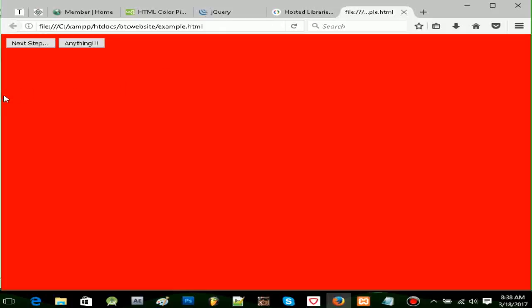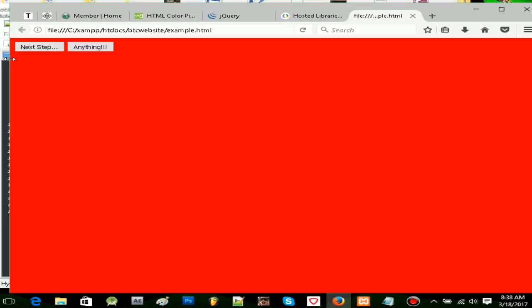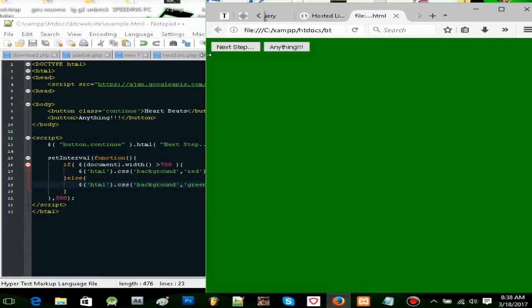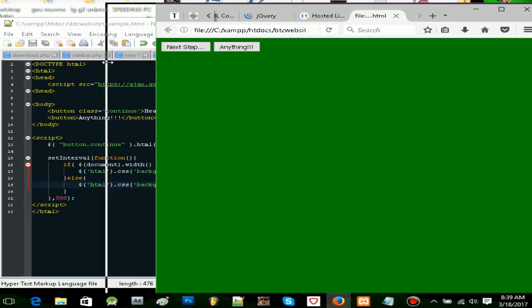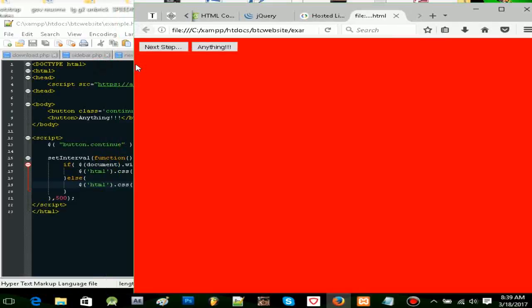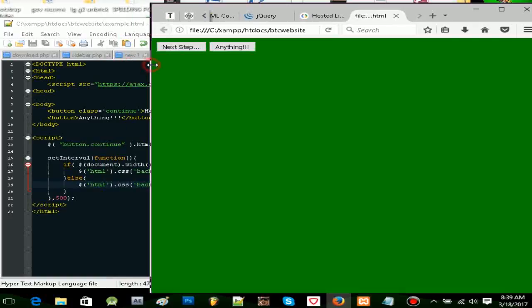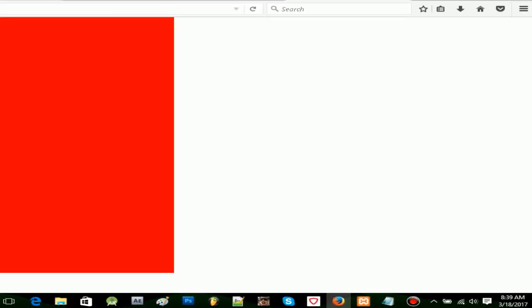So right now it's red, and if I make it much smaller, you can turn it to green. So let's see the breaking point of it. Probably close to around here is 700. And the reason why it's 700, it's because